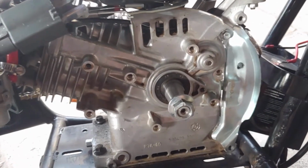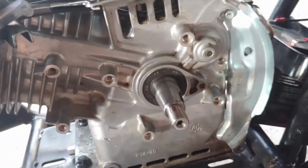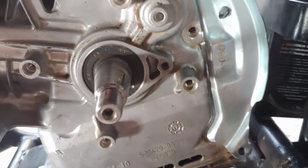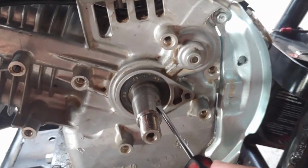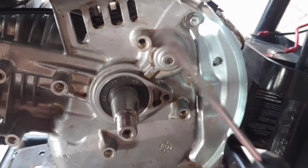But now what you actually have to do is pop out this keyway. Now as you see, I already got the keyway out. It's right there. Now it's super easy to get this out. I actually see a lot of people struggling with this. But what I recommend is get a really small screwdriver right here, and you just jam it right in there, and then you get a hammer and just pound it, and once it's kind of out a little bit, you just jam it in there and then twist and pound, and then it just pops straight